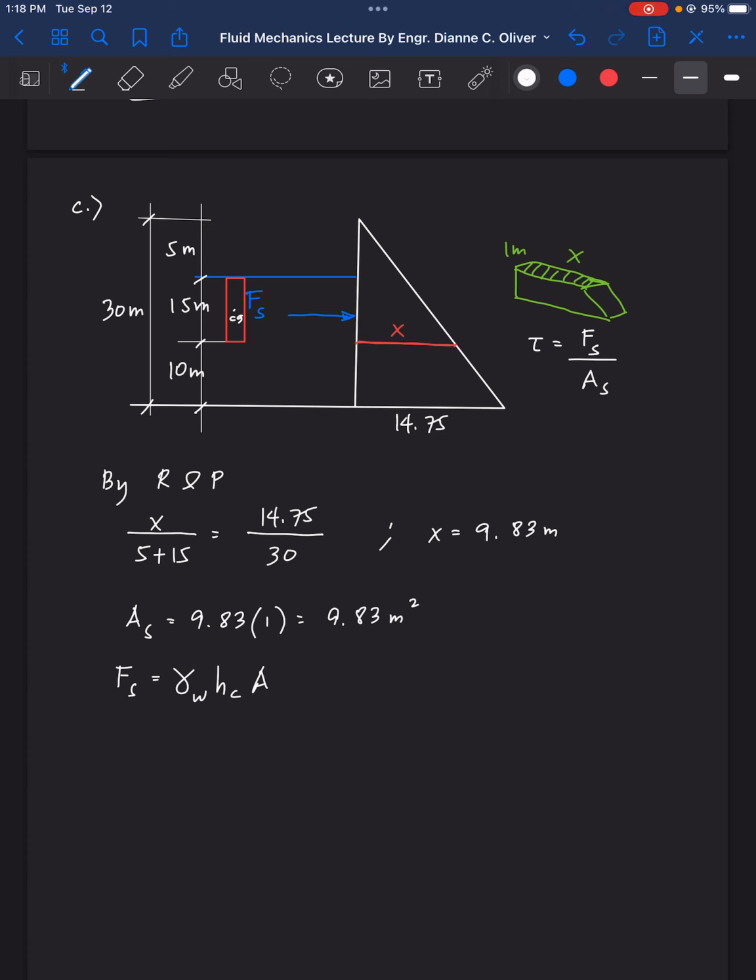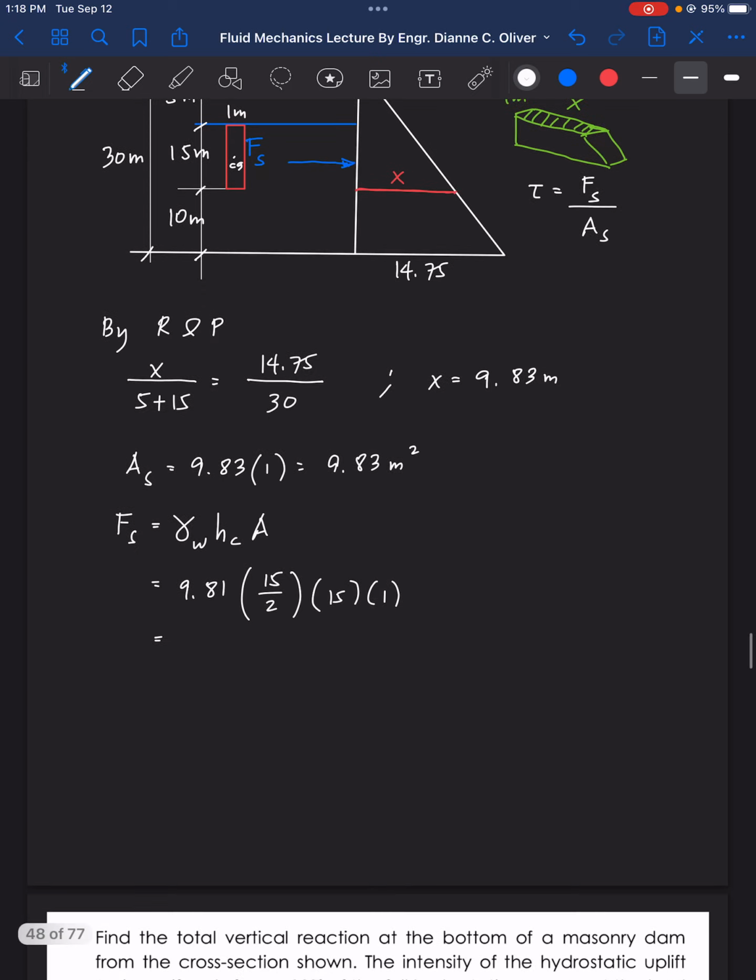Therefore, our area now, okay, so gamma of water is 9.81. Our h_c is 15 divided by 2. Then the area is 15 times 1, so this is 1 meter width. So that is now equal to